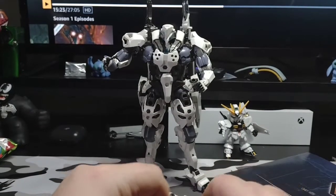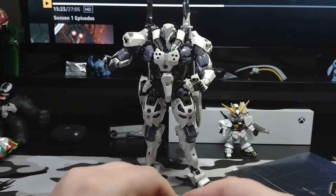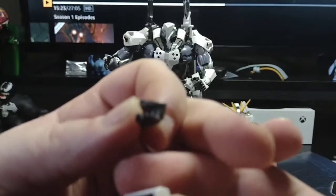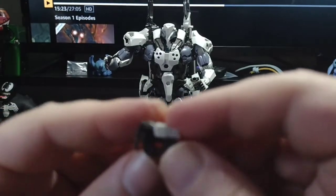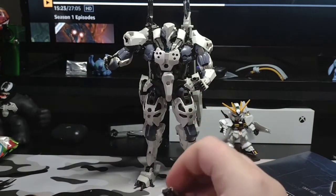And all you need to do to drop a hand is, I would say, grab the finger like so. There's that little slot right there, and then on the finger itself is that peg. You put the weapon in hand, and then voila, like so. Same thing with that hand,